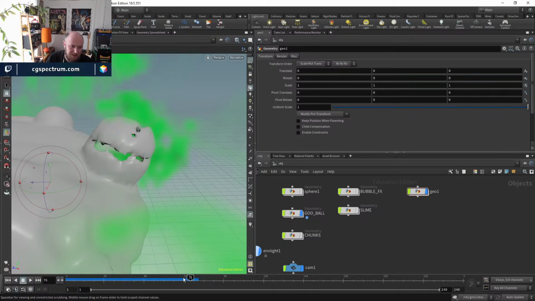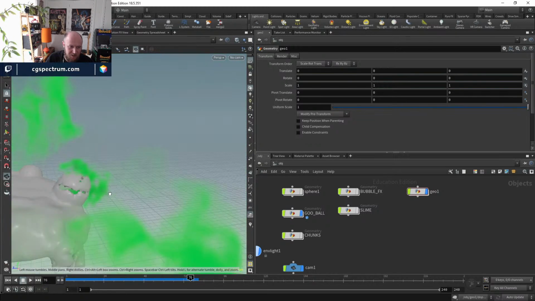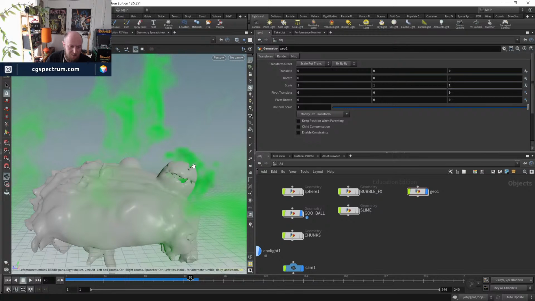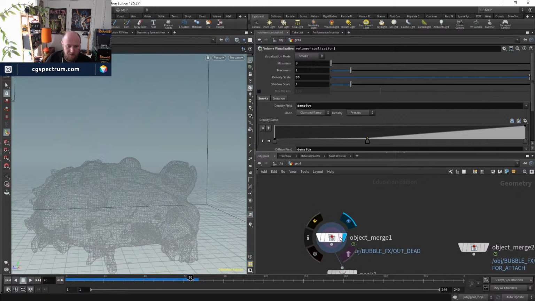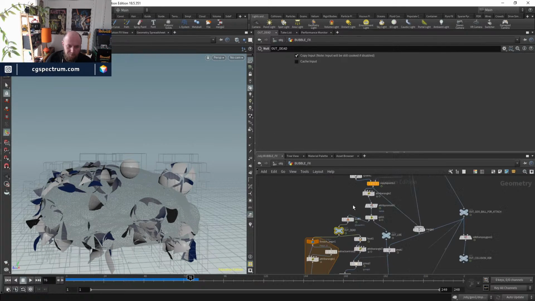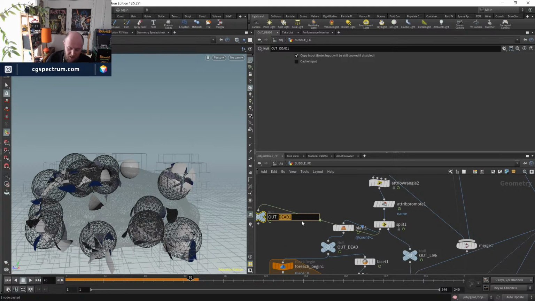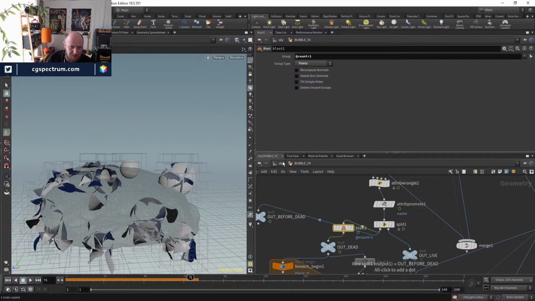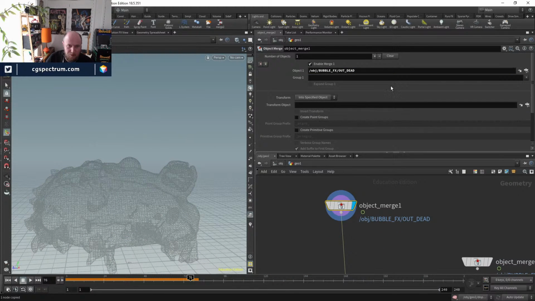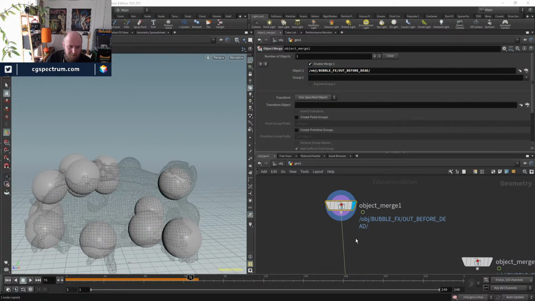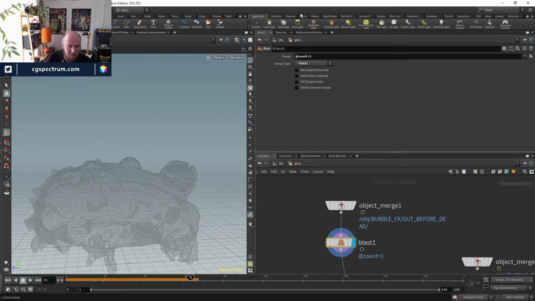The other thing we could do, of course, is potentially shift the emission. At the moment we're emitting at the same time that this bubble turns into vellum, but perhaps we could choose a different frame to sample so that they come on at a slightly different time. That would mean we'd have to go back here and maybe pick our particles before the count. So if we take that out there, say out before dead, take this blast here, and then object merge out before dead, and then we can do our own cull here. So we could just say, greater than,